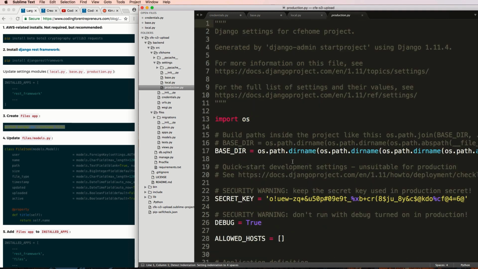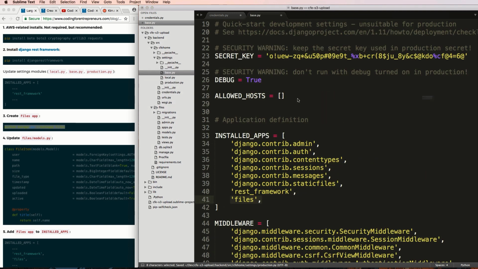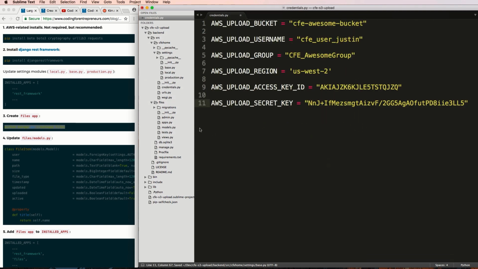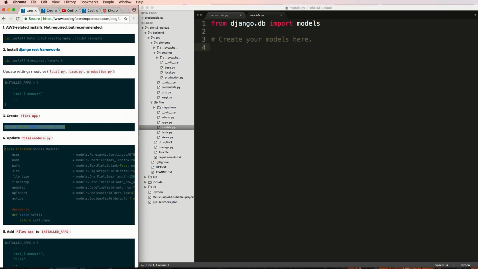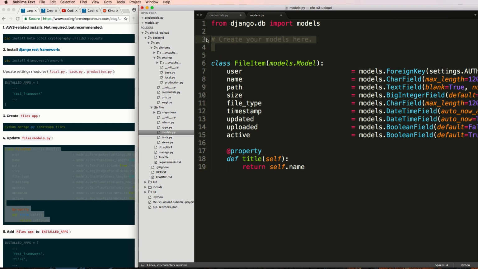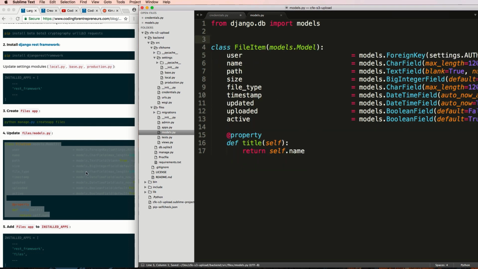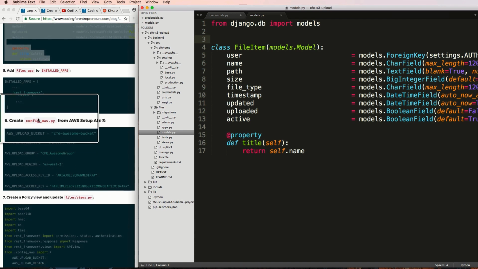Usually whenever you start a new app, you put it right inside of installed apps, or you'd have it pretty much ready to go. But in our case, we know we're creating a model because that's next. So I'm going to go ahead and copy this, and we're going to paste it in here. I'll explain these things in just a moment. And then as we see, files app, and then we have the config